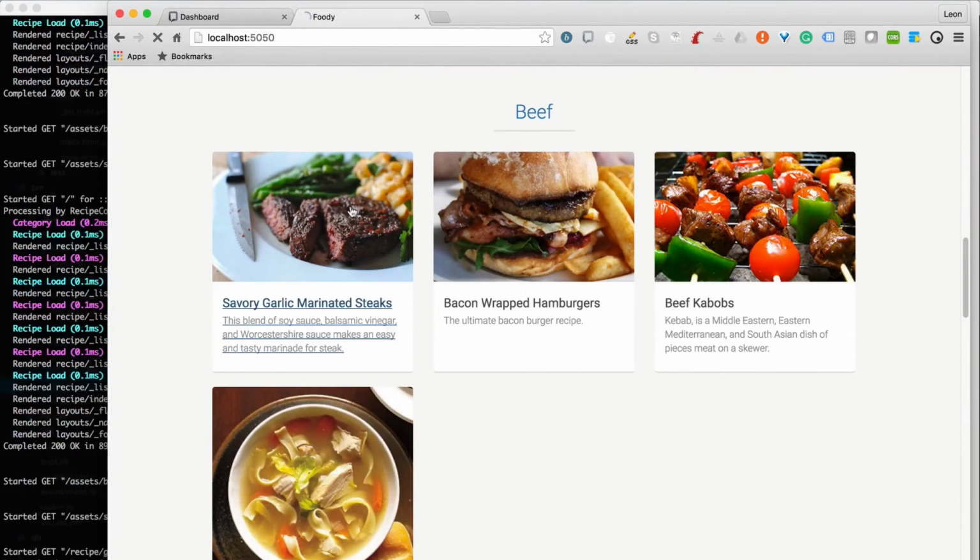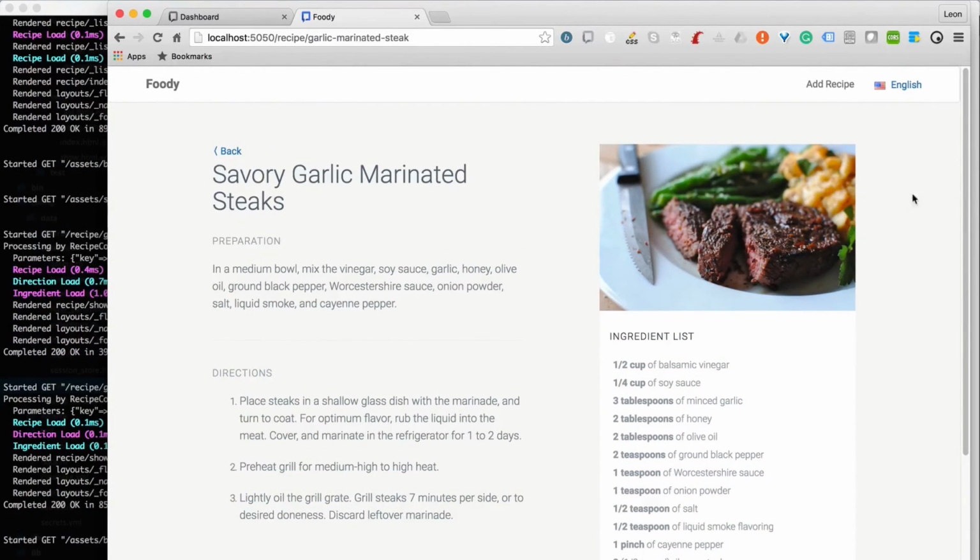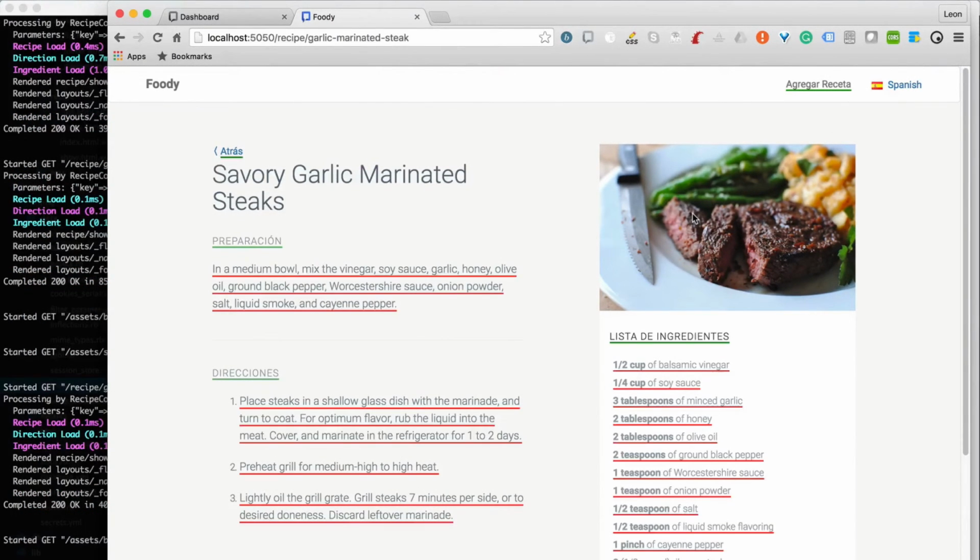If you click on more, there's more stuff in it. If I go to, let's say, Spanish, as you can see, some are already translated, and some are in red and some are in green. That's our inline mode. You can do translations right there in the context of the application. That's pretty much it. That concludes the integration process in a Ruby on Rails application. Thank you for watching.